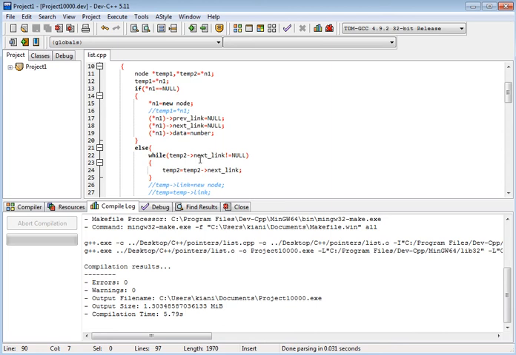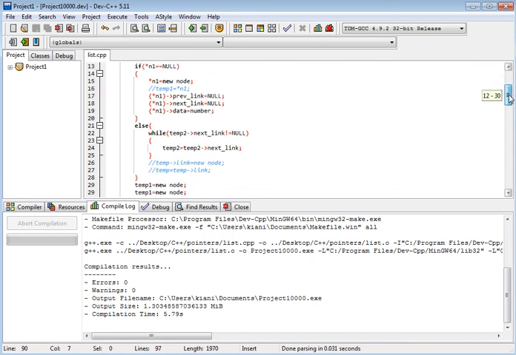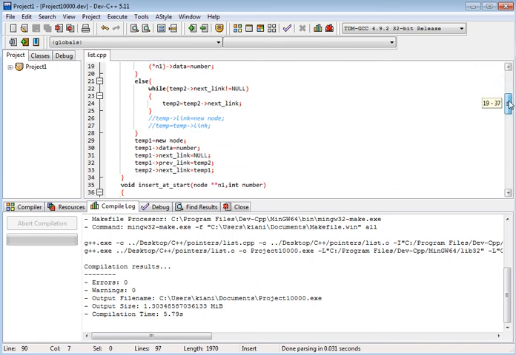Okay, we are passing this, and in the add after we should remove this. Okay, now we compile it again. Elements of node.